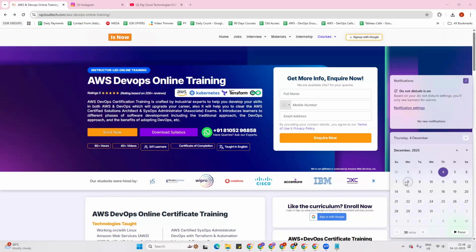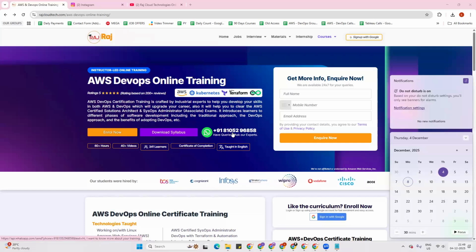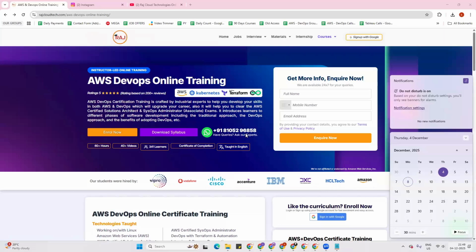Yes. So, Karthik, do we need to pay in one shot, or how is it? We allow both partial payments and full payments. To get the previous batch recordings, you need to go with the complete payment. If you want to go for partial payment, yes, you can, and my team will help you with how to go for it and what access you'll get for partial access and for full access. Everything my team will explain to you. You can message us on this number so that you will be assisted by my team, Sudha or Anil. They'll be available for you now and will help you with the further things.